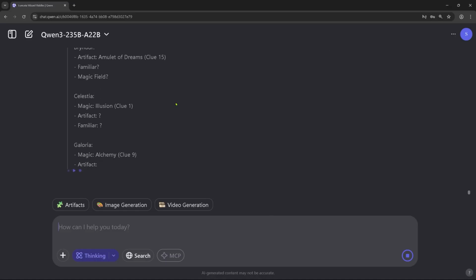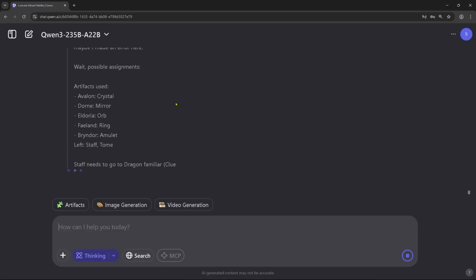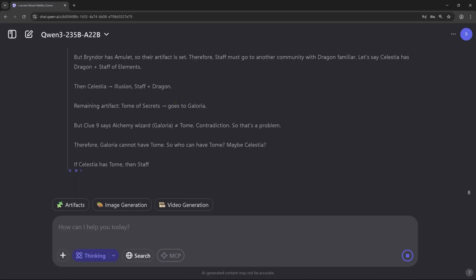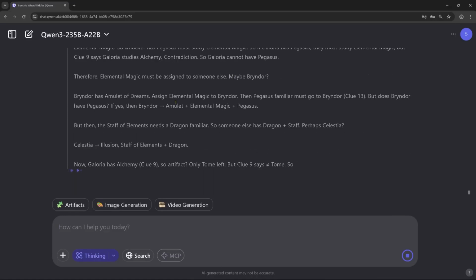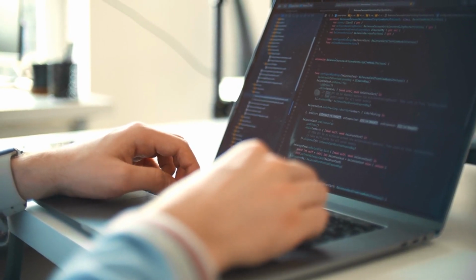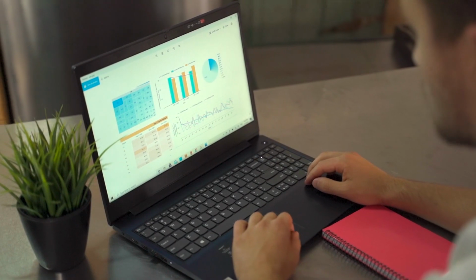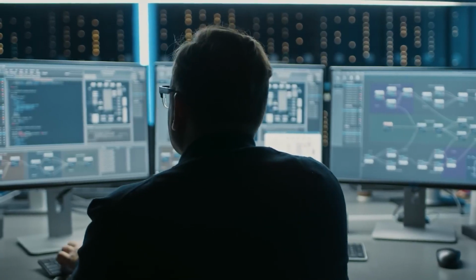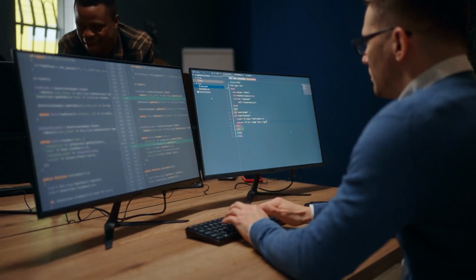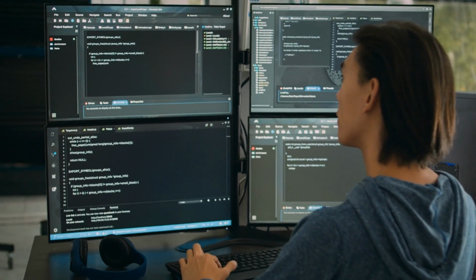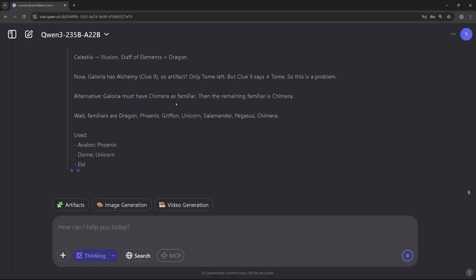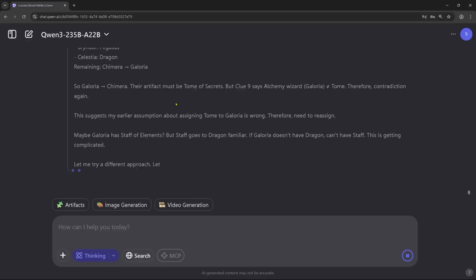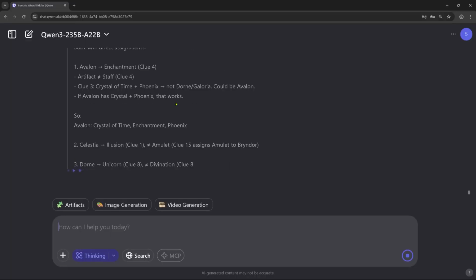Whether you're analyzing spreadsheets, deploying smart agents, or running multi-language apps, Qwen 3 stands ready, and most importantly, it's already leveling the playing field. So what does Qwen 3 mean for the future of AI? It's more than just another model drop. It's a loud signal that China's AI industry is no longer playing catch-up. Alibaba has released something that's not only powerful and efficient, but also freely available to developers, researchers, and startups worldwide.